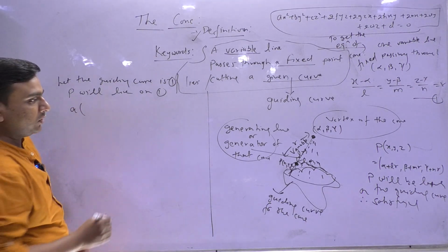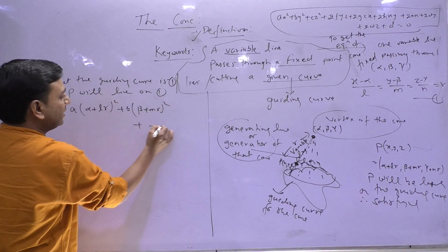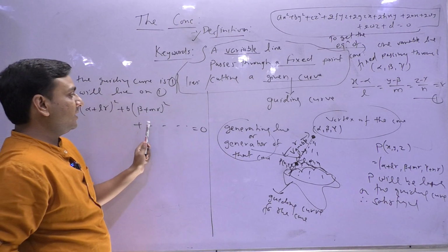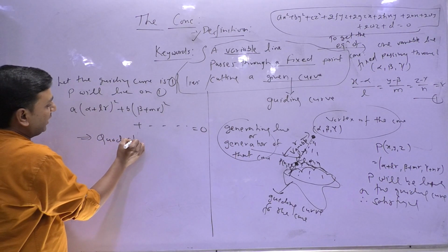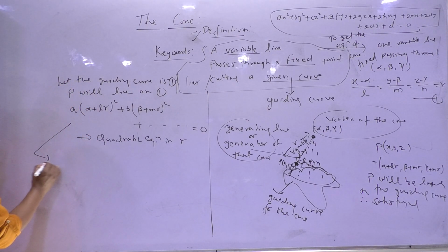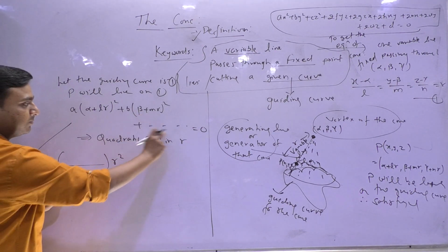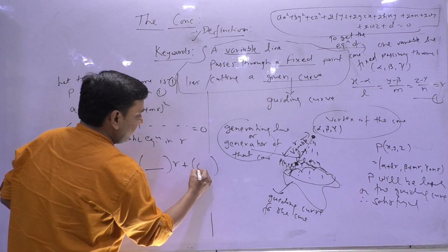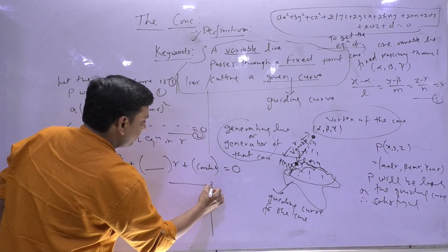A into the x coordinate, alpha plus lr, whole square, B into beta plus mr, square, meaning writing alpha plus lr in place of x, beta plus mr in place of y, gamma plus nr in place of z, and so on. So this will be a quadratic equation in r. So arrange these terms as the coefficient of r square, you will expand this, plus the coefficient of r, plus the constant term, meaning where r is not present, and give it the equation 2 and 3.